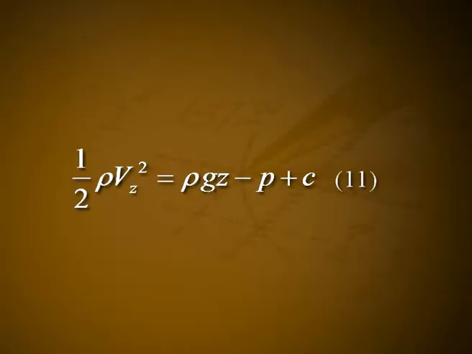Now, multiplying both sides of the above equation by dz and integrating, one obtains 1/2 rho Vz squared is equal to rho g z minus p plus c. Let it be equation number 11. We may note that what has been said applies to any motion in which all the moving particles of the ideal fluid are in identical initial conditions. Under the condition mentioned above,